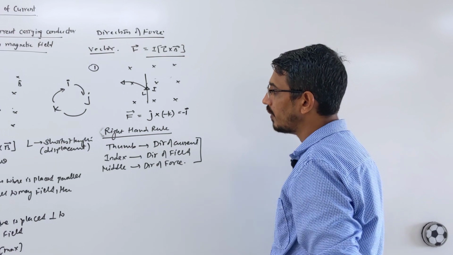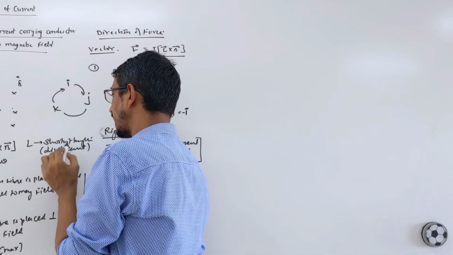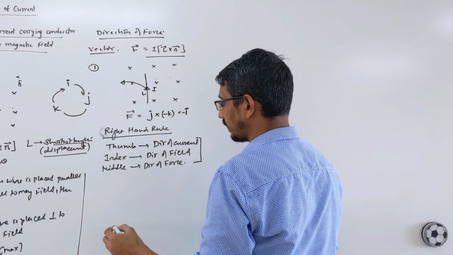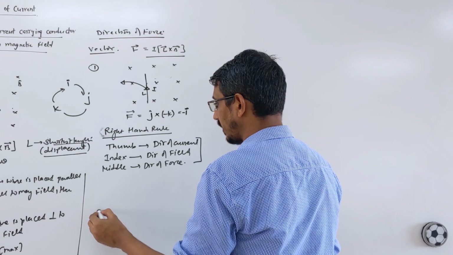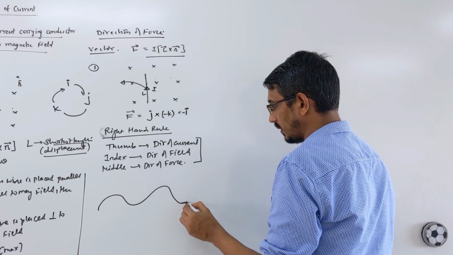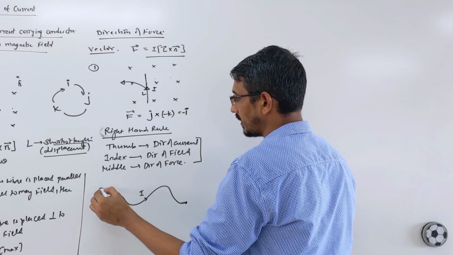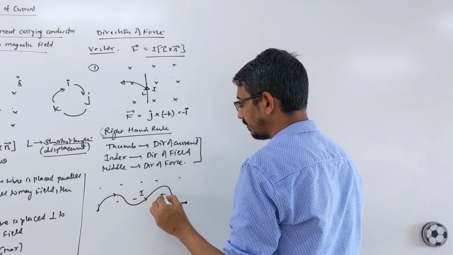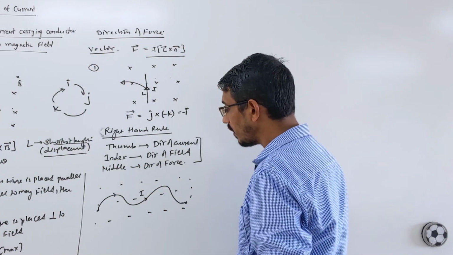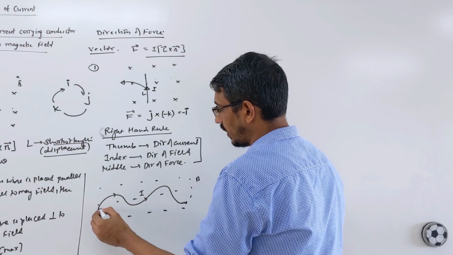Now, what's the important thing here? The meaning of this length. I said this length is just like the shortest length of your displacement. Suppose some picture is given to you. They said this type of element is placed inside a magnetic field. This is a wire, and it's carrying some current I. It is placed in a magnetic field like this. Then I ask you, what is the net force acting on this wire? Magnetic field given, current given, and some shapes are given. So what do we need? Length.